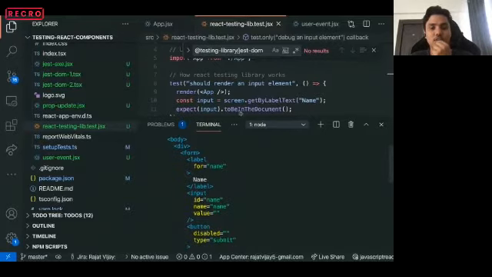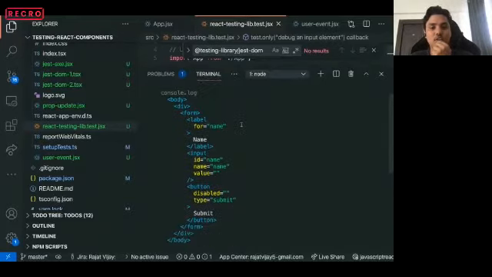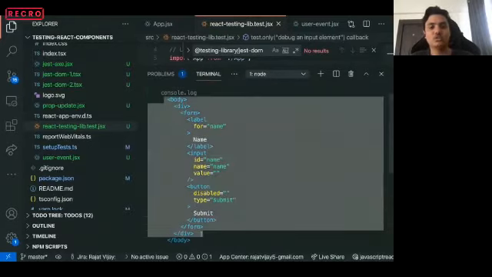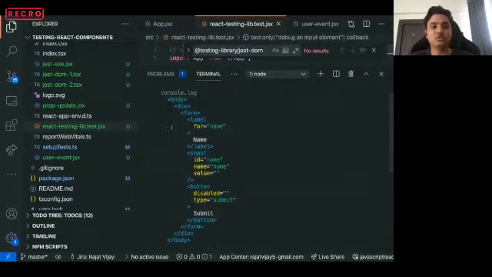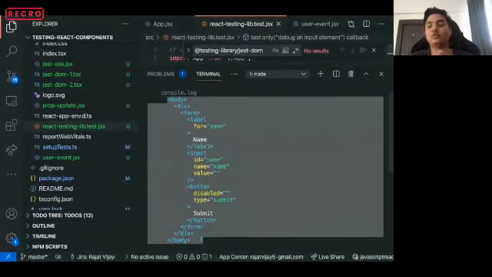And now this is the output. So when I did screen.debug, it logs the rendered DOM in your console. What this helps you do is actually see what the rendered DOM is and how you can better write queries on top of it.